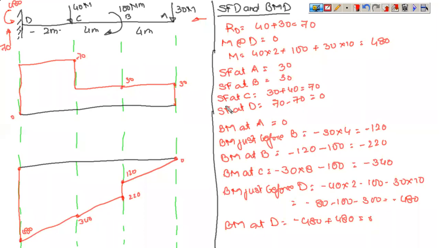So the thing that you have to remember is, you do not reverse the beam, start from the free end only, and maximum bending moment will occur at the support only. The bending moment will be maximum at a location just before the support. So this is how you draw the shear force and bending moment diagram of cantilevers.